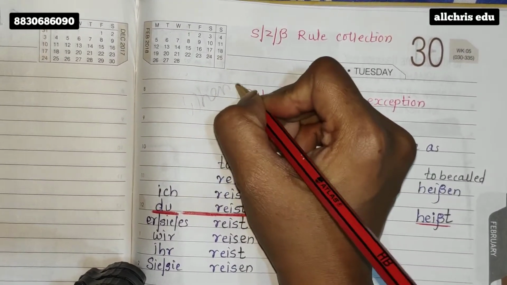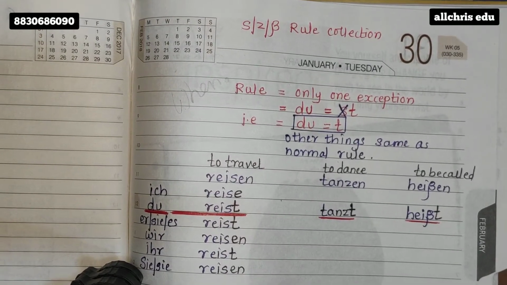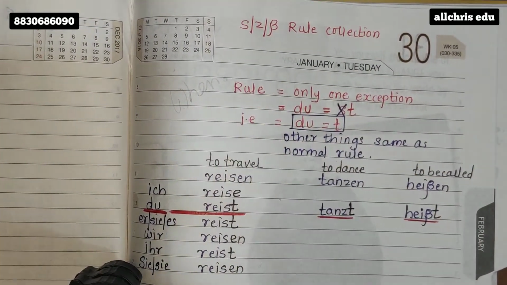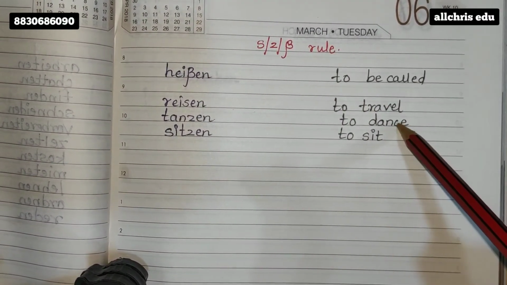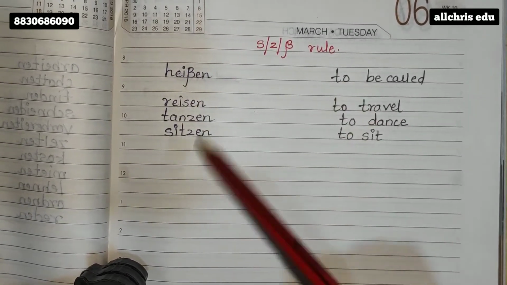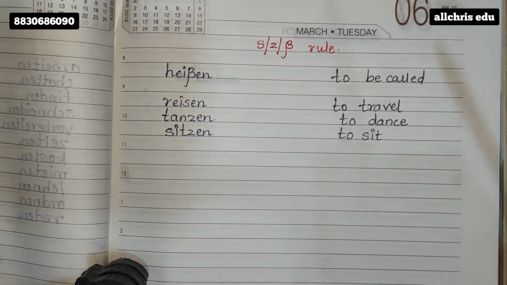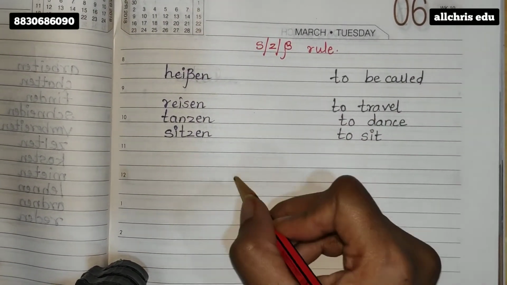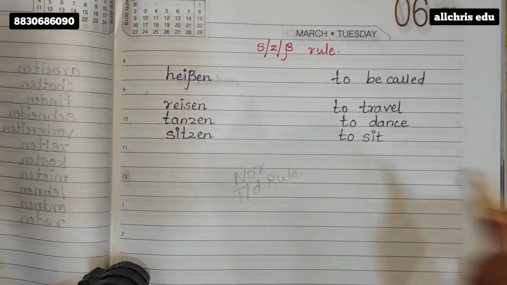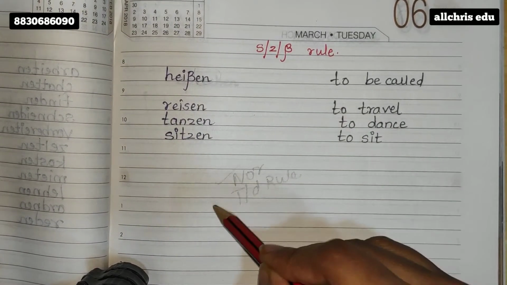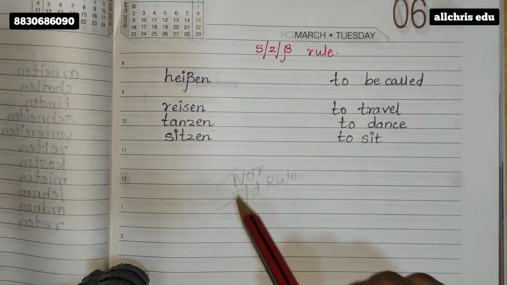When to apply: this rule should be applied if you see some words like I'll be showing you now. If you see this type of verbs, which you also have to copy in your classwork notebook in a similar manner. Now if you see this type of verbs, when you cut en, as you already know what the normal rule is, I hope. You know what the TD rule is, I hope. If you don't know, please go to my previous videos, first do these two rules and then come back. Then it is easy to understand this rule if you have practiced these two rules.